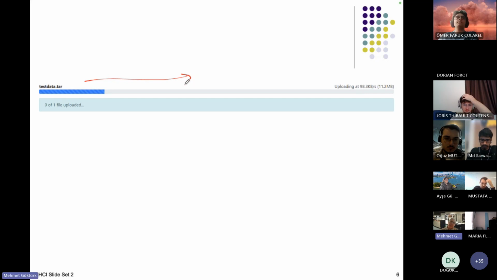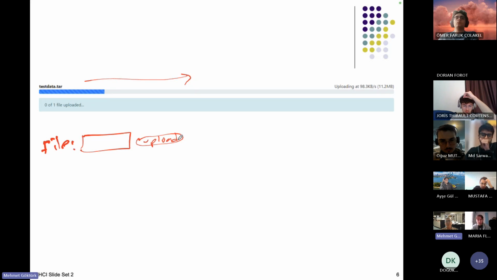In some cases, you have this kind of button, and you choose. When you choose,